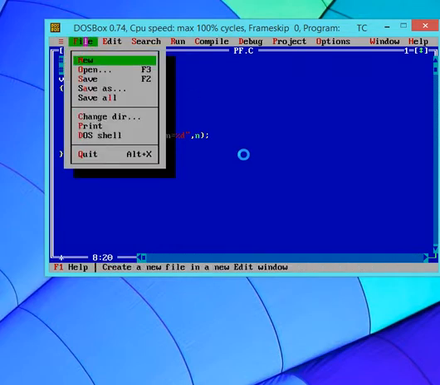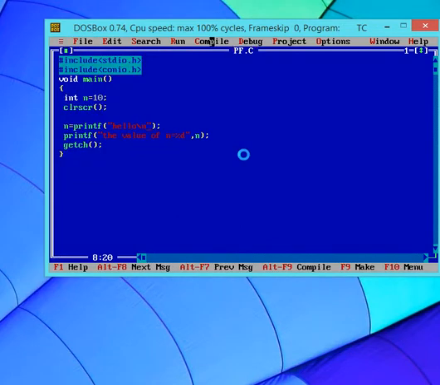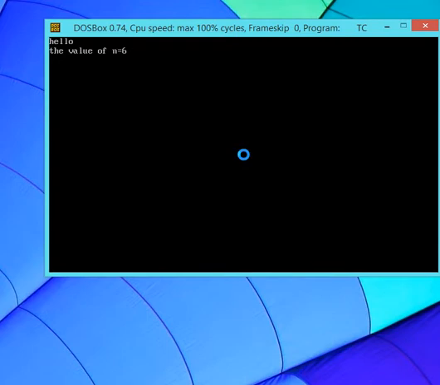Okay, but let's see the result also. Yes, see this, the next message, the value of n is equal to 6, gets printed on the next line. Okay, so this is the purpose of slash n. If you want to print your next message in the next line, use slash n. Okay.